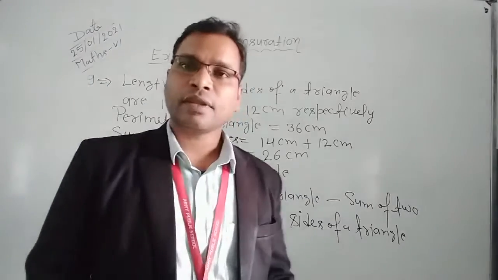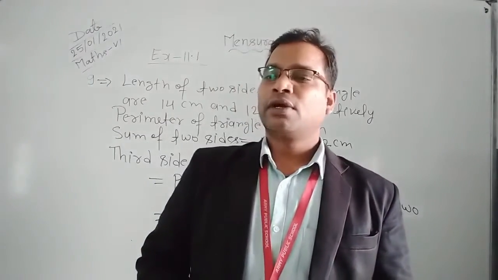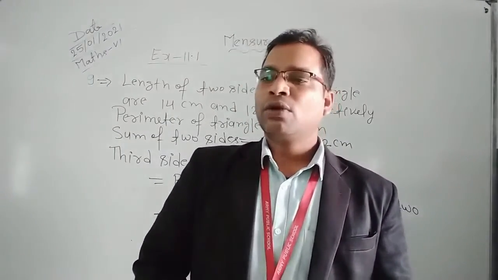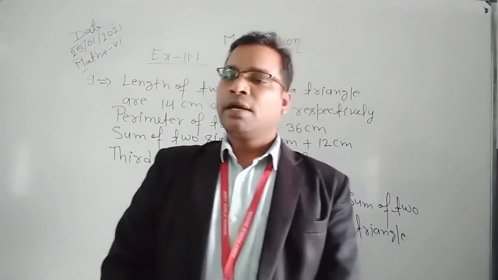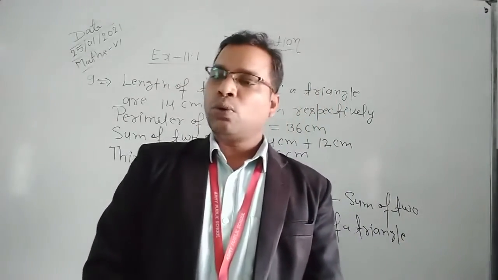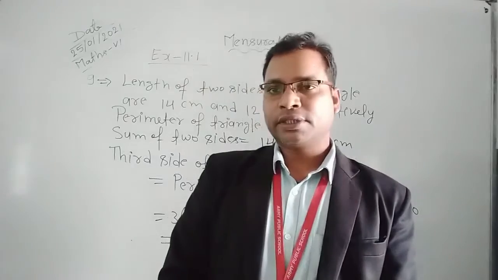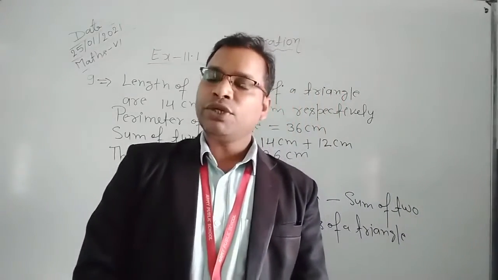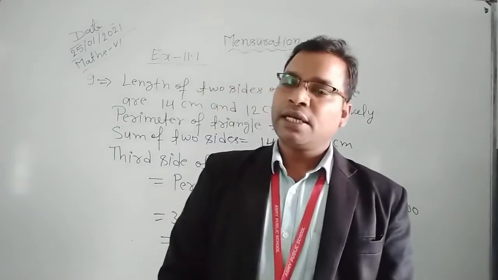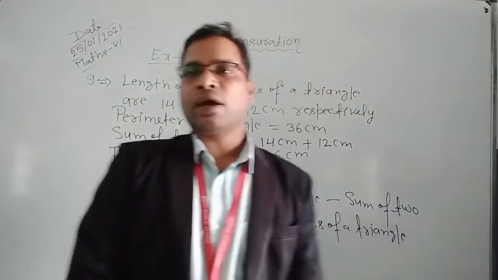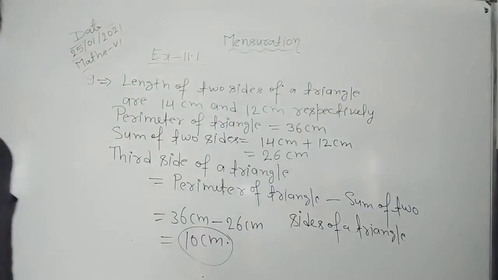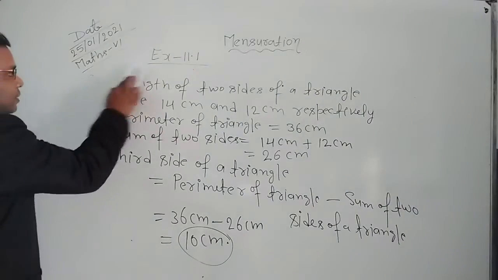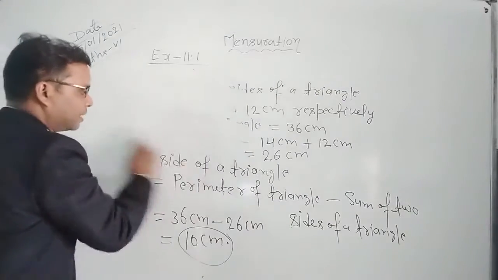Now, we are going to discuss question number 10. Question number 10 is, find the side of square whose perimeter is 20 meters. In this question, perimeter of square is given. We need to find the length of side of square. So let's see how to solve these questions. First we erase them. After this we solve question number 10.